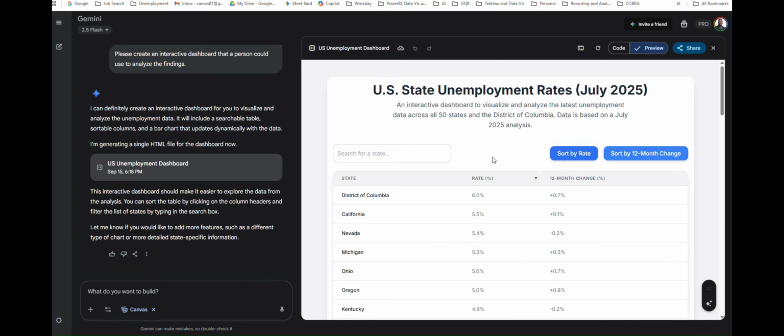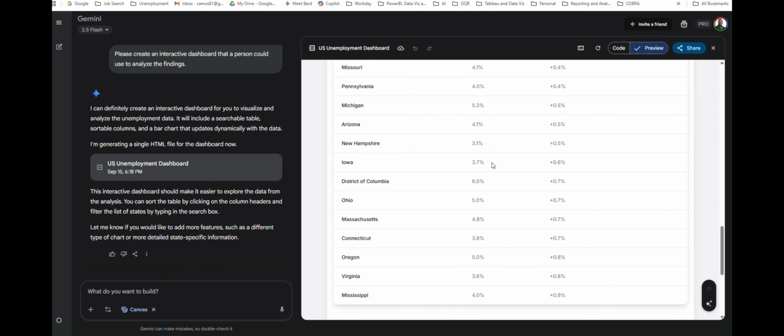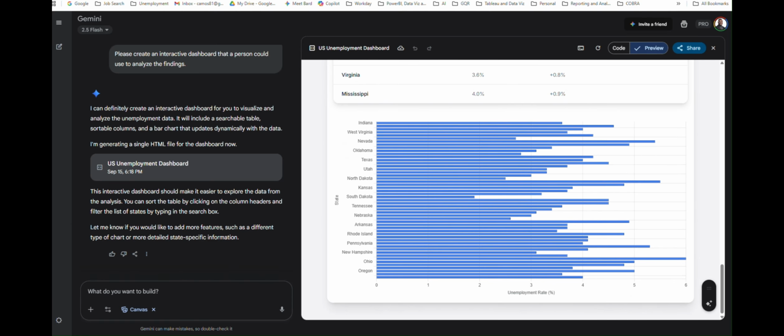You can sort by the rate, or you can sort by the 12-month change. This is just from the basic, if you ask it to produce something that you can work with. So you've already got something you can dig into here a little bit without needing it to go into Excel. I am going to add to it,